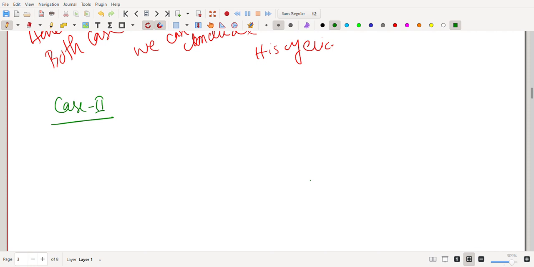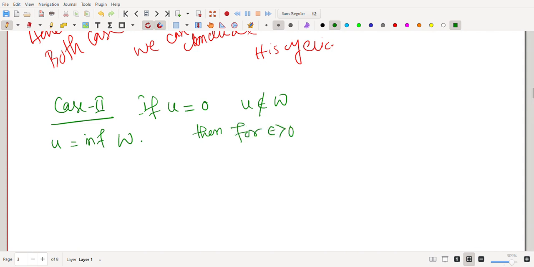Case 2, so the only case left is if U equals 0. Okay, so if U equals 0, U is infimum of W, then U doesn't belong to W, because I am assuming W to be the set of all positive real numbers inside H. I am assuming U equal to 0. That means 0 doesn't belong to W, right? 0 is in H, but 0 doesn't belong to W. I am considering all positive elements. So that means